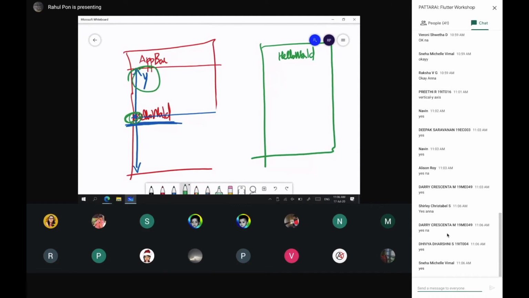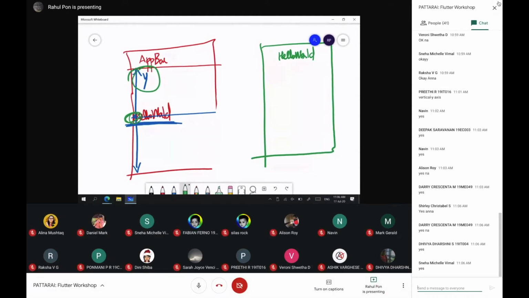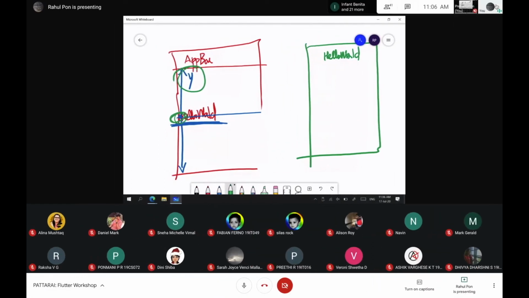Exactly. That's the difference. Look at this. If you set your main axis alignment to center, this is how it will happen. The one on the left side, this will be your output, because main axis is y axis and that is what you center. The one on the right side will happen when your cross axis alignment is center.